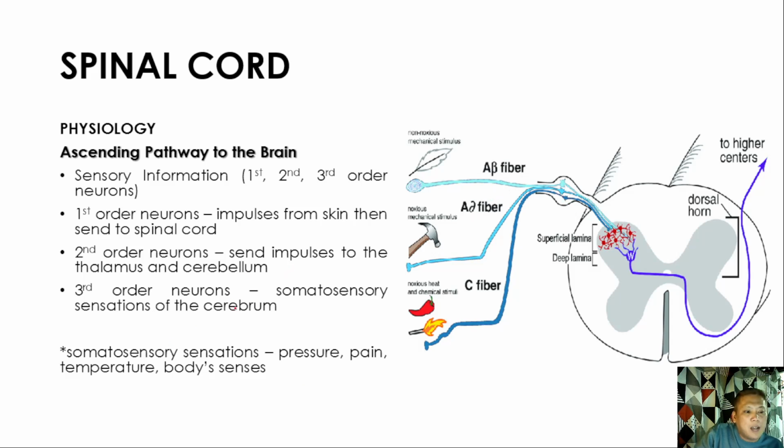Tapos, ano yung susunod niyan? So, somatosensory sensation and cerebrum natin. So, doon siya ngayon i-interpret. So, ibig sabihin, ngayon malalaman niya, mai-interpret na ngayon if may pressure ba, may pain, mainit, malamig, or ano yung nararamdaman natin. So, ibig sabihin, doon siya nagpo-flow doon sa spinal cord. Imagine mo gaano kabilis yung pagsesend ng signal na yun.